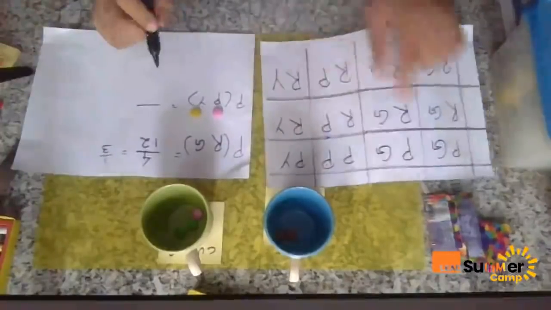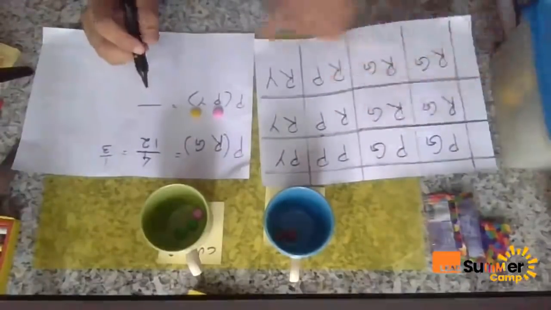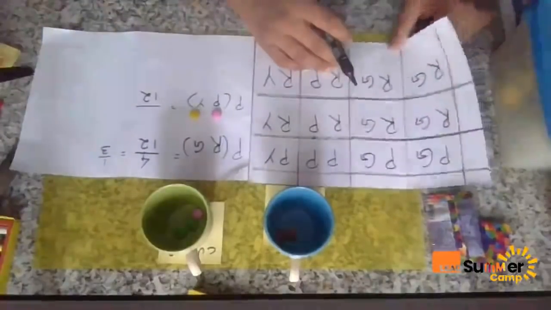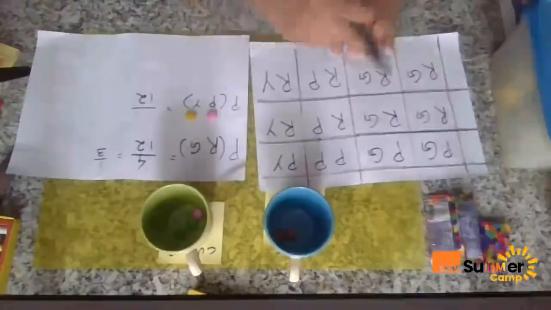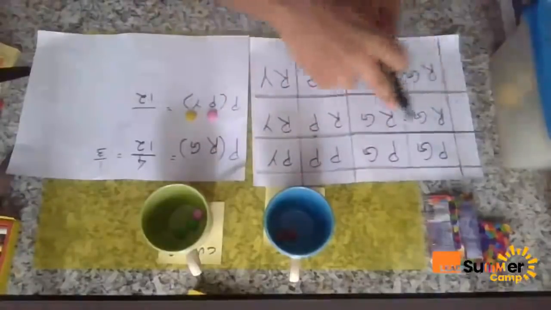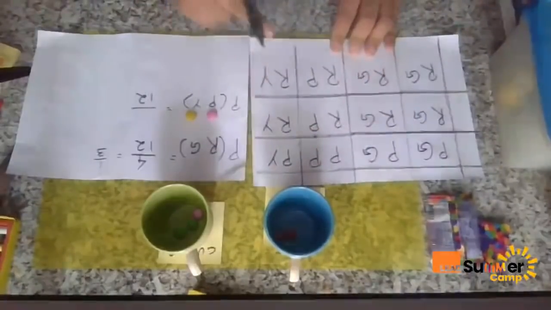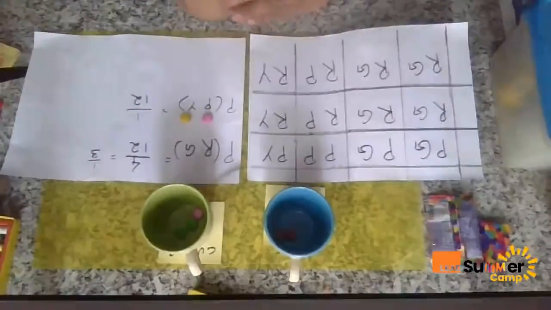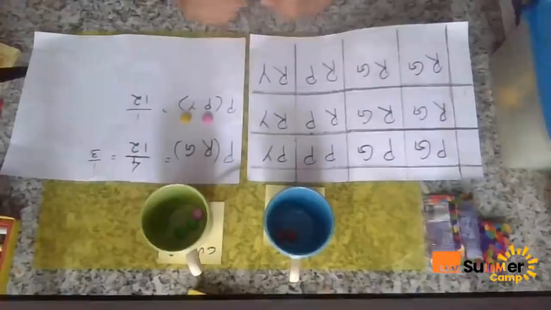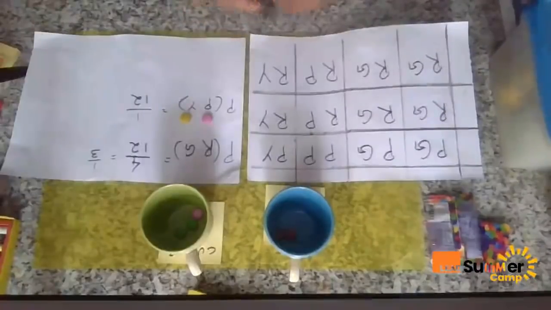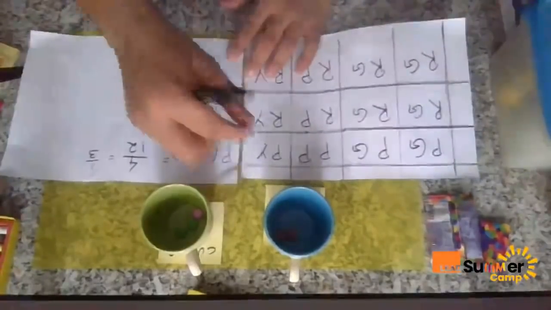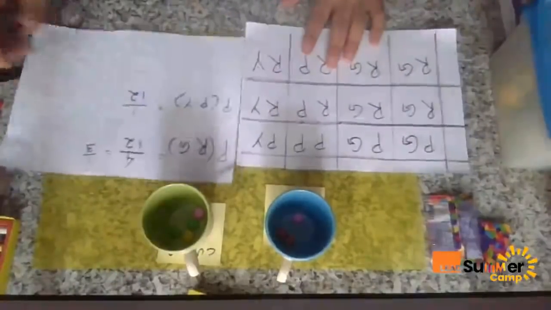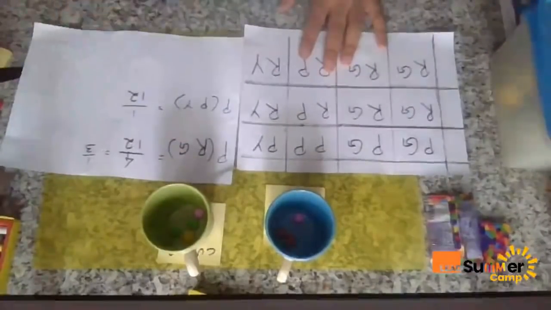So we know that the total number of squares in our area model is 12. Let's see how many pink and yellows are there. We have 1 and that's it. So the probability is 1 over 12. Great. So students, in this way, we can use our area model to calculate the probability of drawing different color combinations, right?